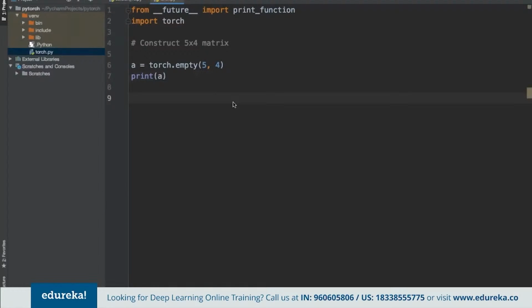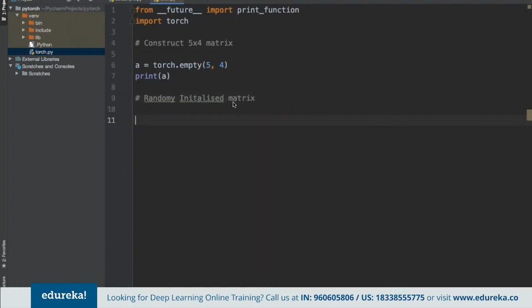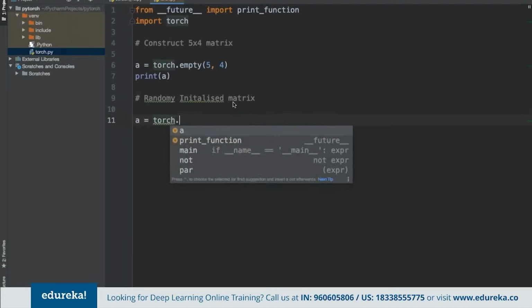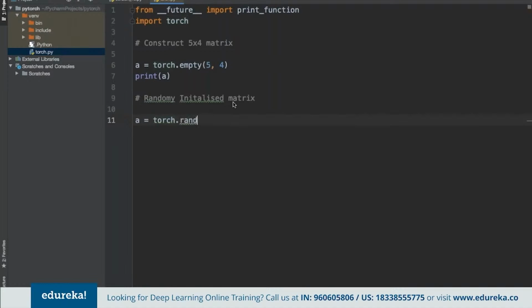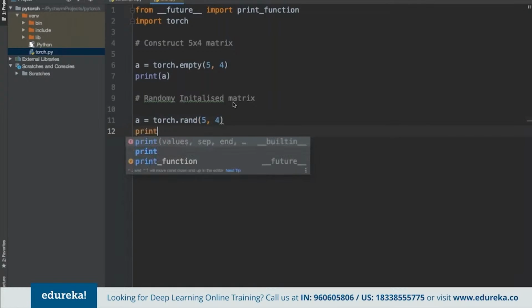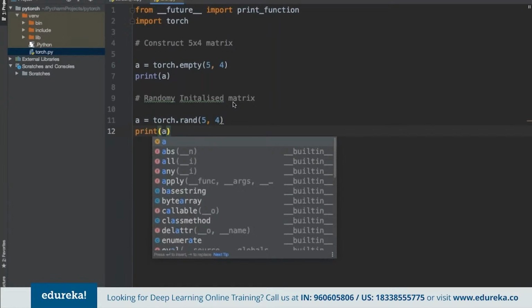So if we want to construct a randomly initialized matrix, again we can specify A, use the torch library, and since we are using this for randomized, we can again specify 5 by 4, and then we can simply specify print A here.